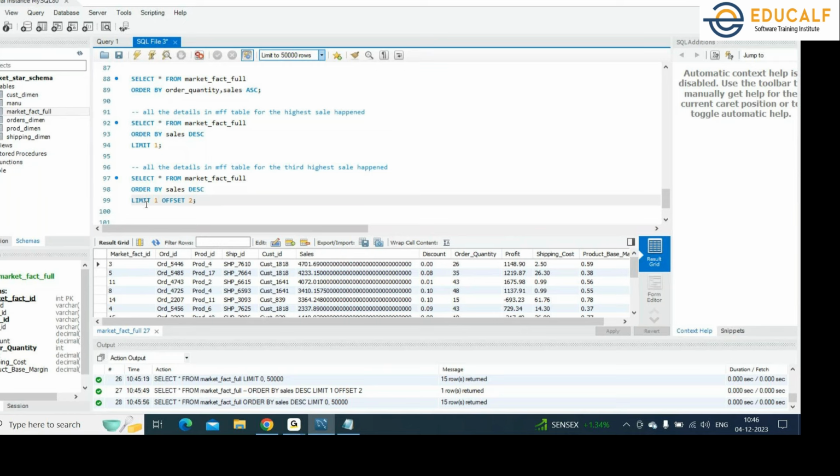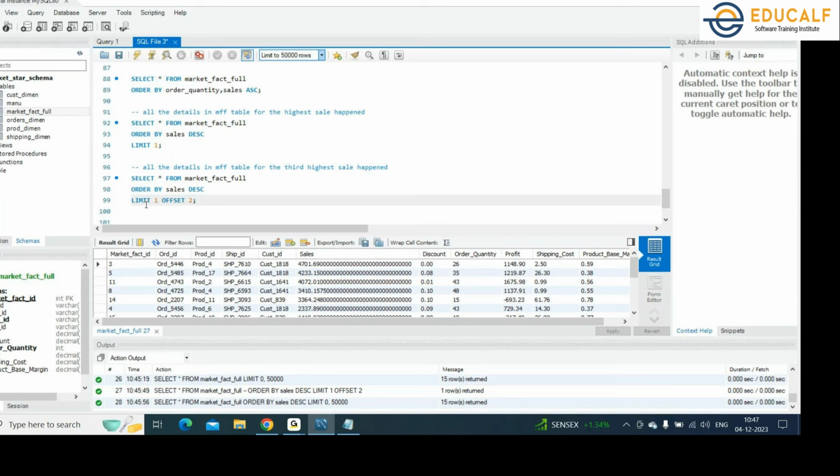Means I'm looking for only one record or one row, the top record. So when I'm writing offset 2 again, what I'm trying to tell here is, if I'm writing limit 3, because I'm looking for the third record, it will fetch me 3 records, and after that if I put this offset over there, it should remove those top two and give me the third one,